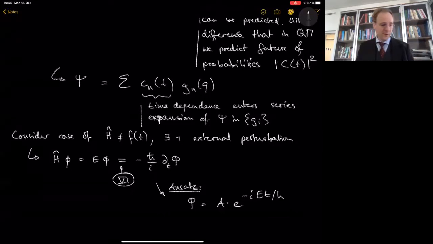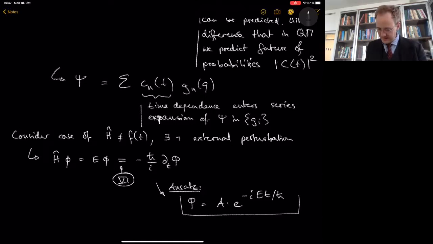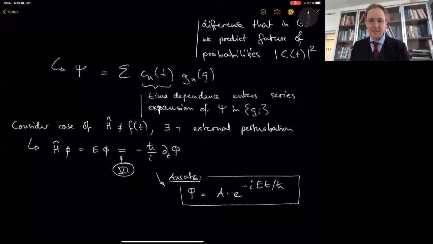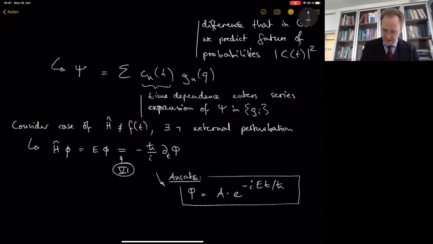To differentiate this thing with respect to time, you immediately see you can recover this prefactor of the energy. You can pull down the exponent, and all other factors you throw into the prefactor A. So this ansatz, with a little bit of experience, is quite the obvious thing. So then we have a time independent